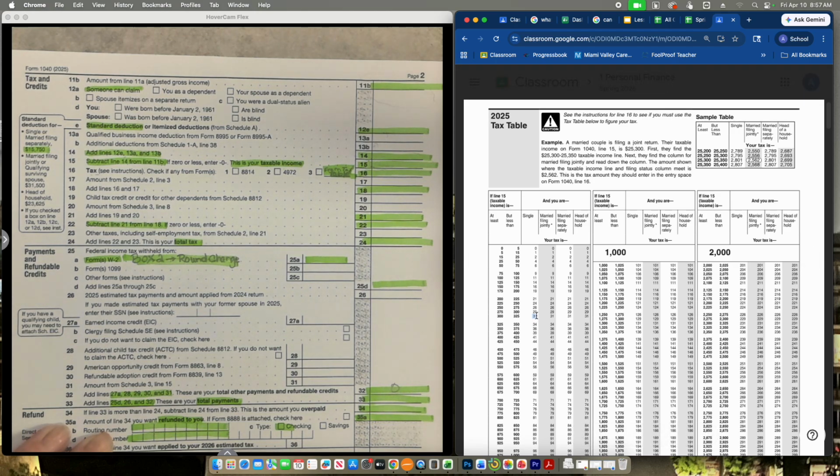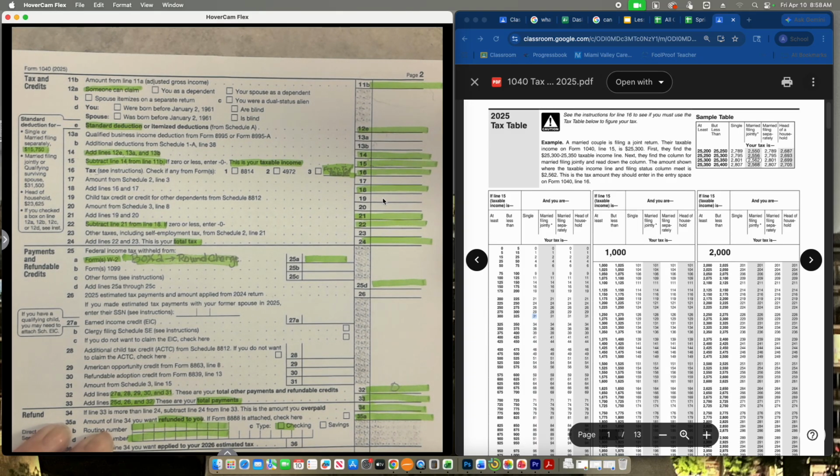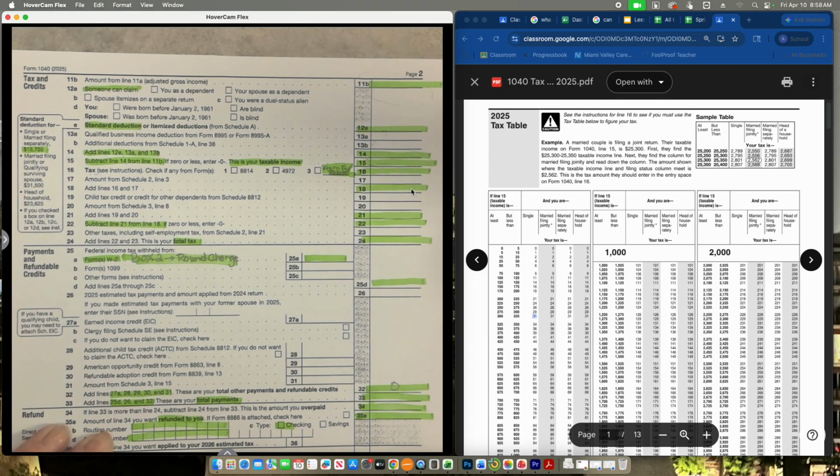That is not the correct answer, but it is close. It is going to be somewhere in this region. So then on line 18, you would add those numbers up. Obviously, it's going to be the same number reiterated all the way down to 24. When you get down to line 24,